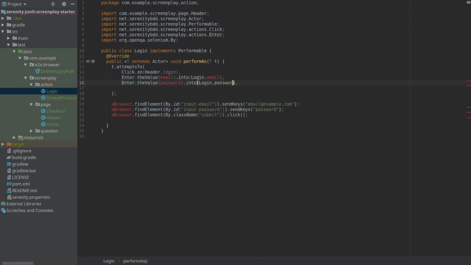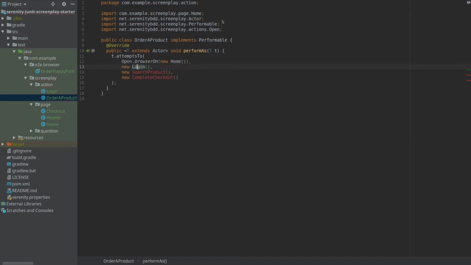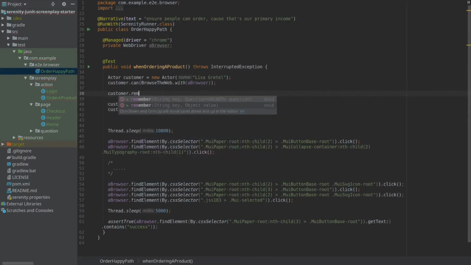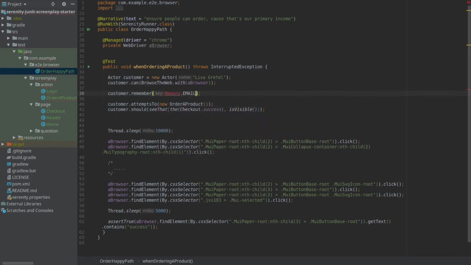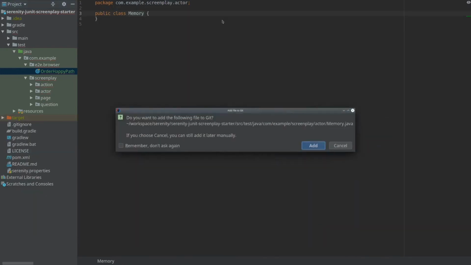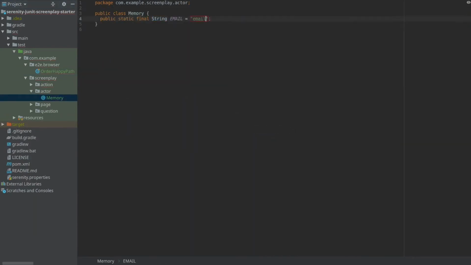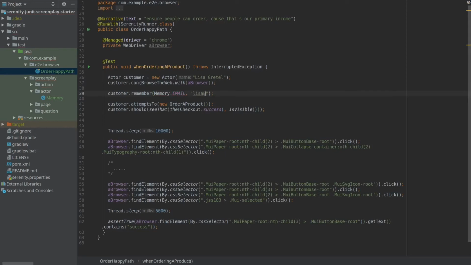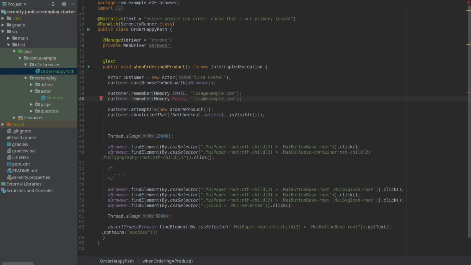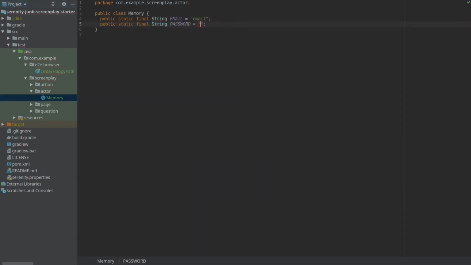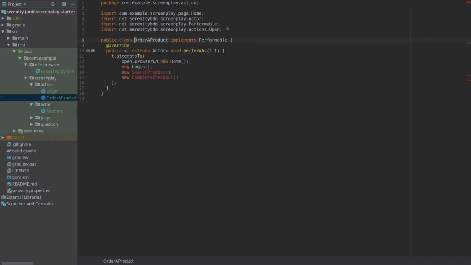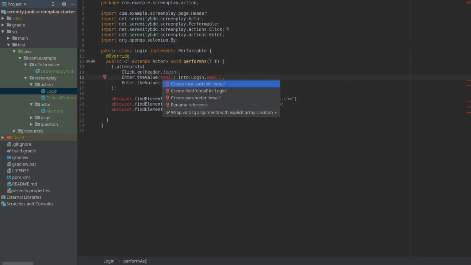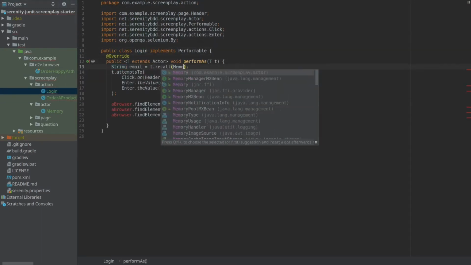Where do these values come from? We have like an imaginary notepad where we can write down test data our actor should know. Basically just a key value store for every actor. At the beginning of the script, we tell Lisa what she should remember. And then we call it when needed.